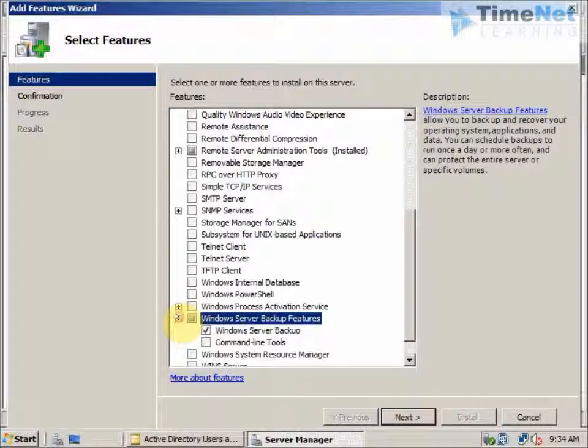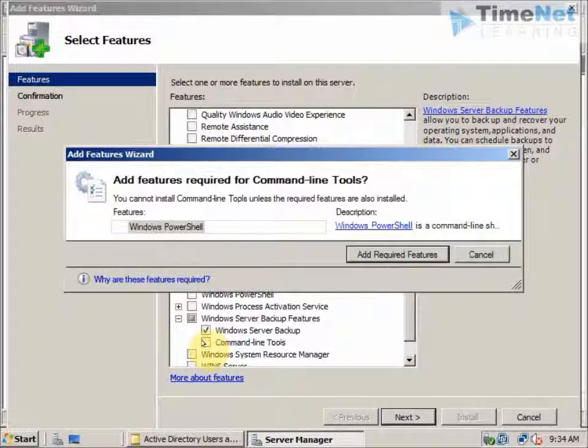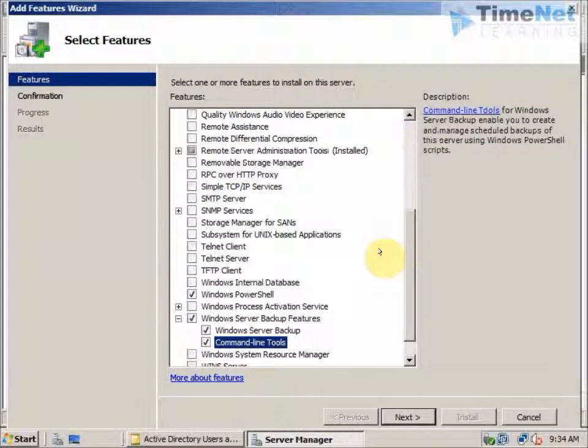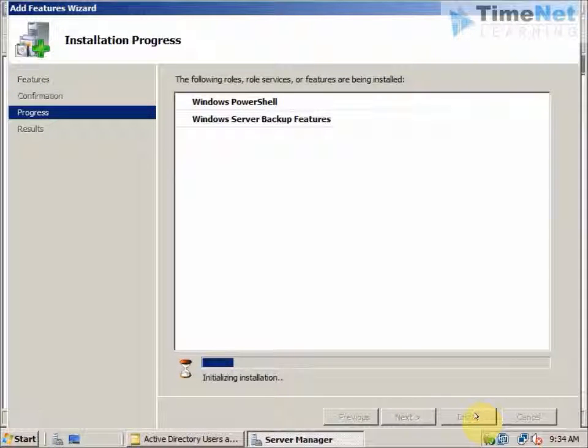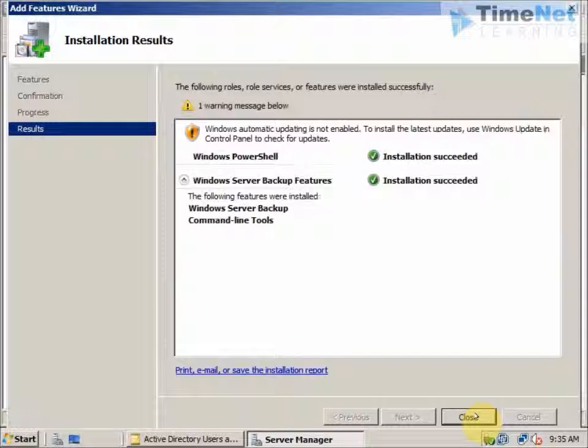I will make sure that everything is selected. I have to install the command line tools also. Click on add features and click on next, and I will click on install. The installation succeeded, and we have the Windows backup features installed on our DC. We can close out of this,